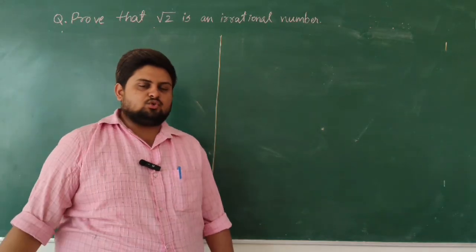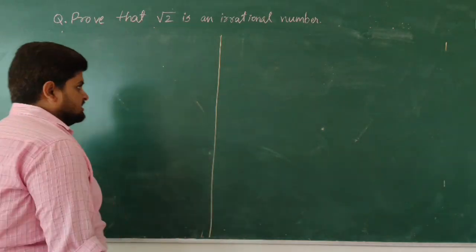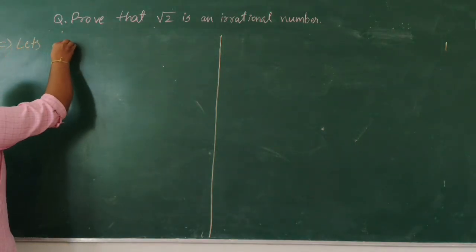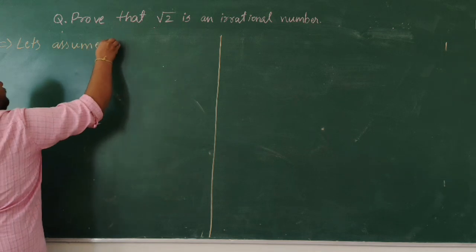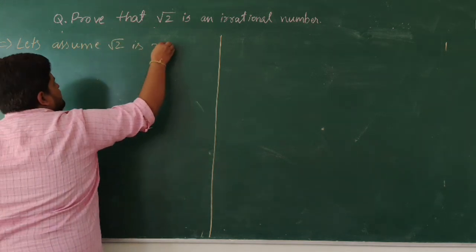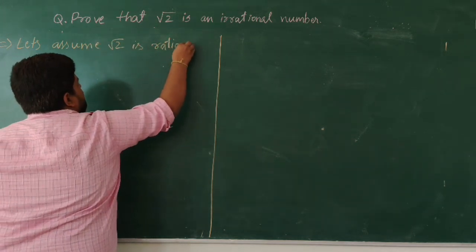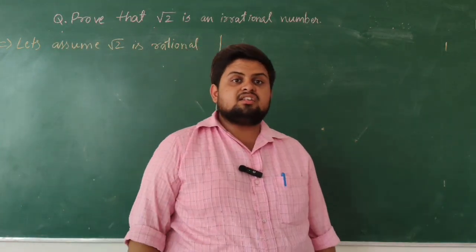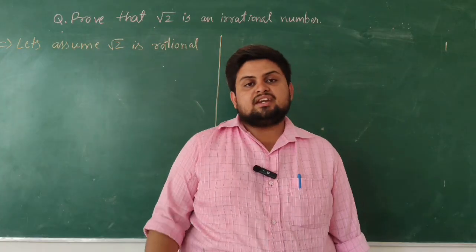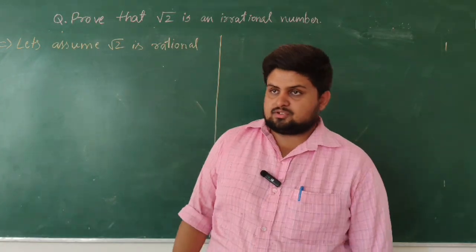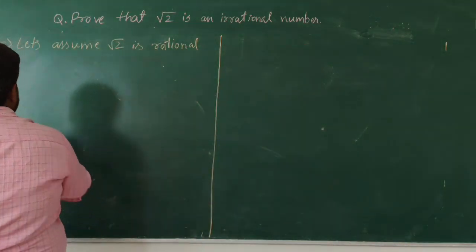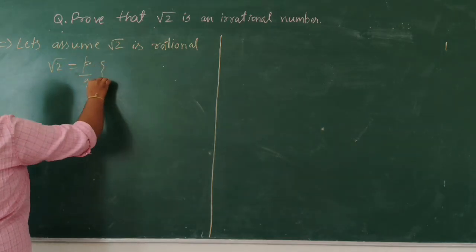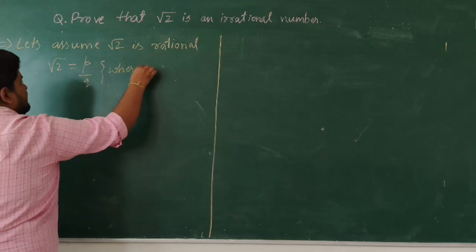So first let's assume that root 2 is a rational number. We all know that all rational numbers can be written in the form of p by q, where p and q are integers and q is not equal to 0. So we are also going to write root 2 in the form of p by q, where p and q are